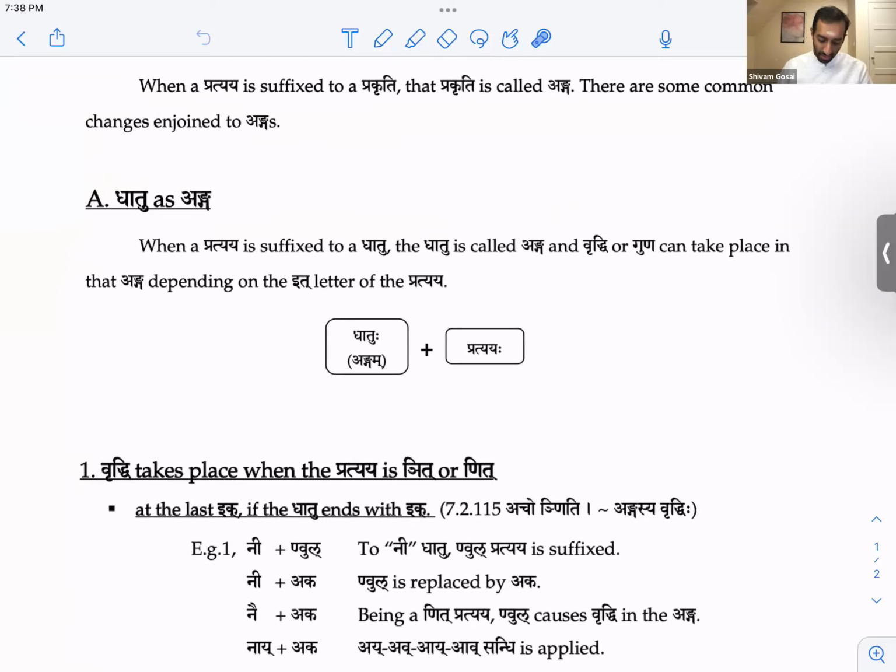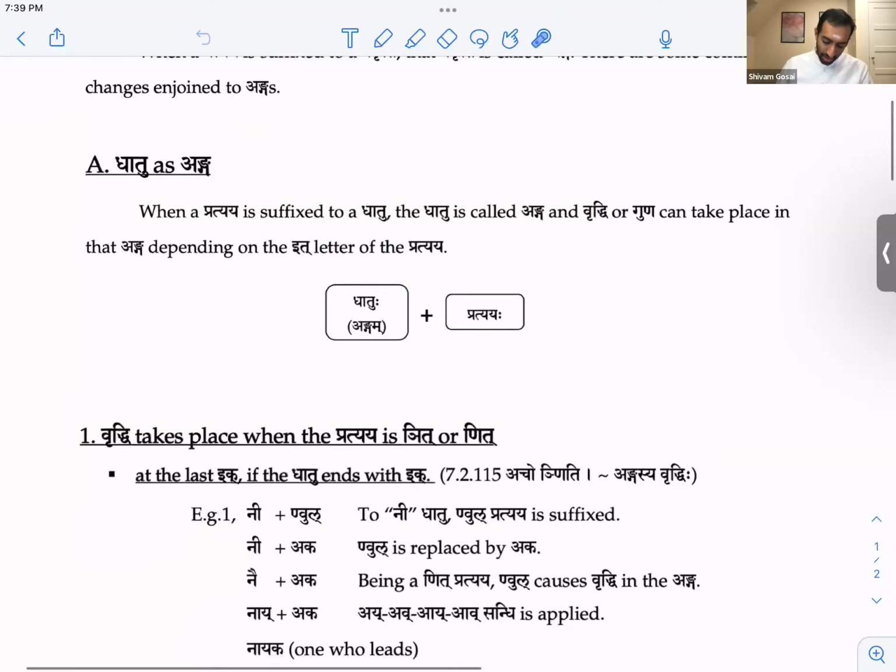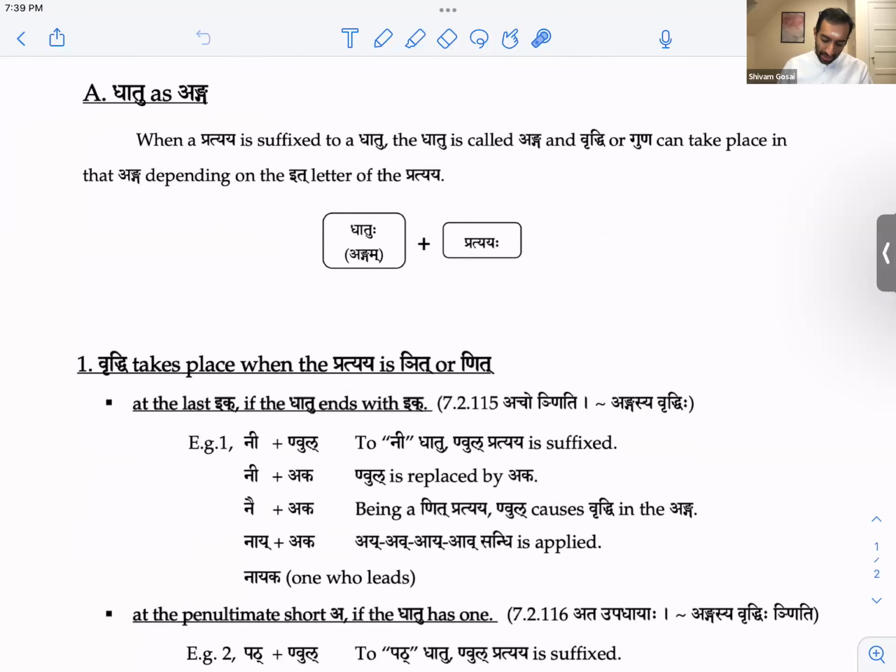Just a reminder, right? When we add a pratyaya to a dhatu, this dhatu gets a new status of anga, right? So that's what we're referring to as anga. The dhatu, which precedes the pratyaya, gets that status. Now, vriddhi and guna can take place in that anga depending on the it letters of the pratyaya.